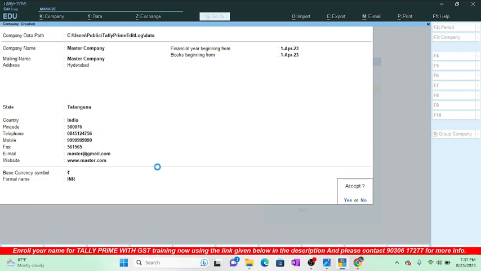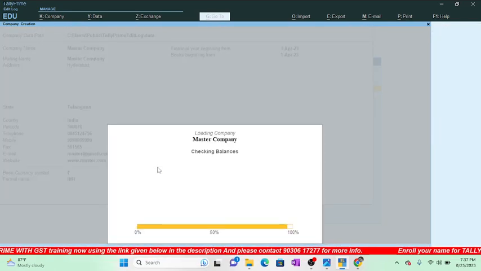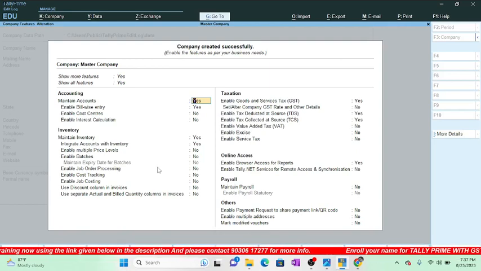Immediately we'll get the company features screen. So in the screen, as per our company requirement, you have to enable the options. So as I said, in this video I am going to show you how to generate the employees payslips. So for that, here one option we need to enable, that is the payroll option. You can observe on the right side